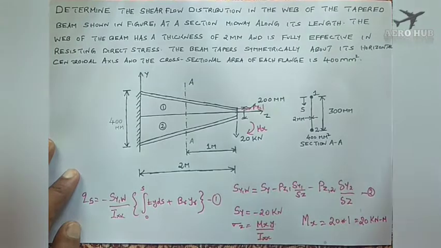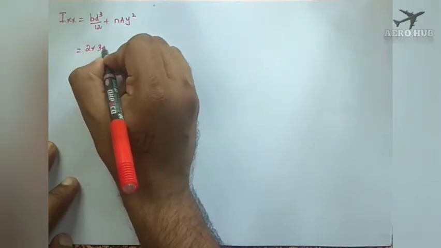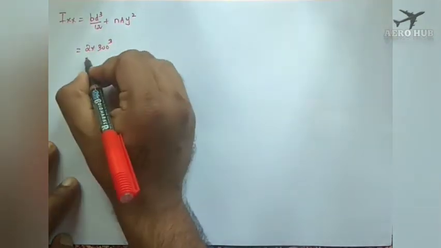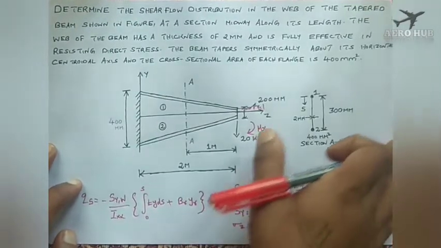So I can write the equation as 2 into 300 cube divided by 12 plus, as we have two flanges,